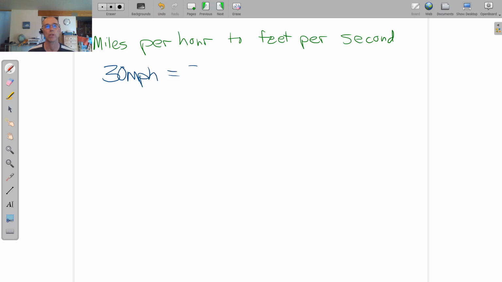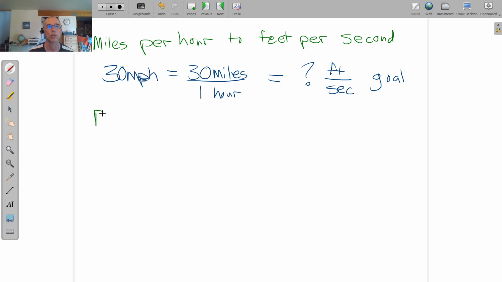So that literally means 30 miles divided by 1 hour, because per means divide. And I want to convert that into some number of feet per second. So that's my goal here. To make this happen, I need to change miles to feet, and I need to change hours to seconds. So then I need some facts to make that happen. The facts that I'm going to have to apply here, let's see, miles and feet. I happen to remember that there are